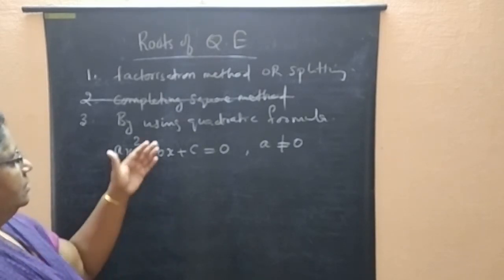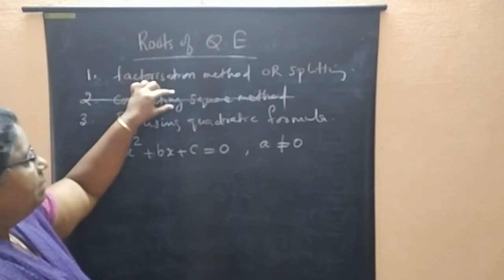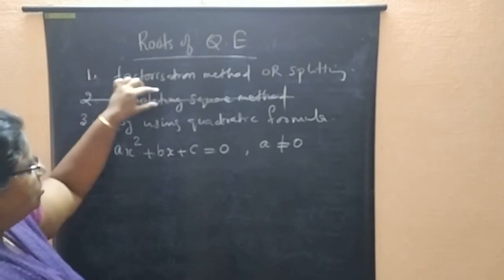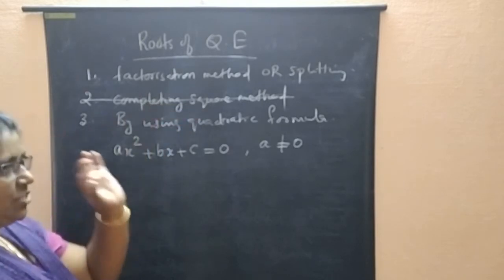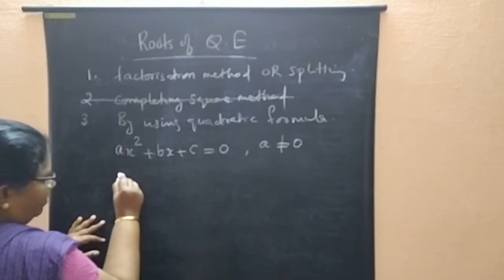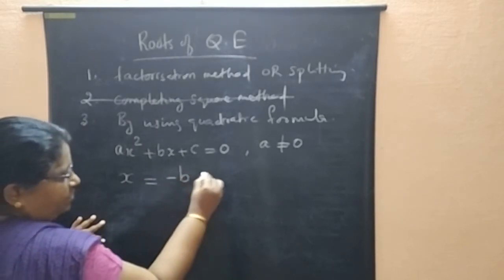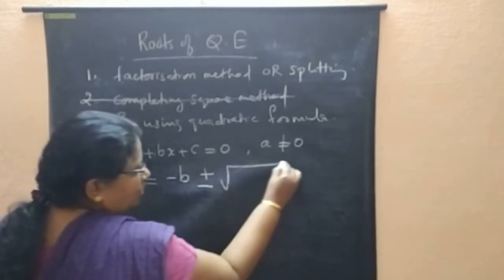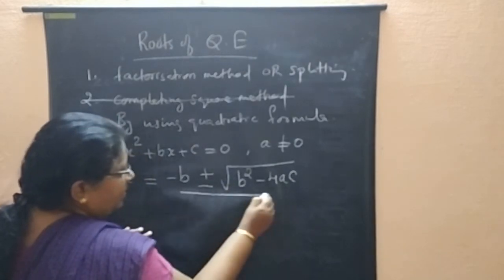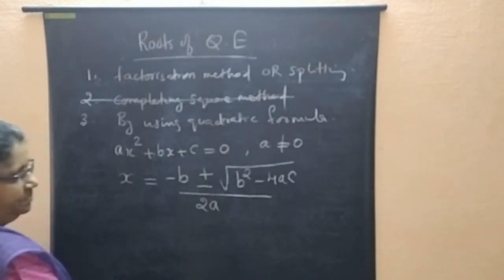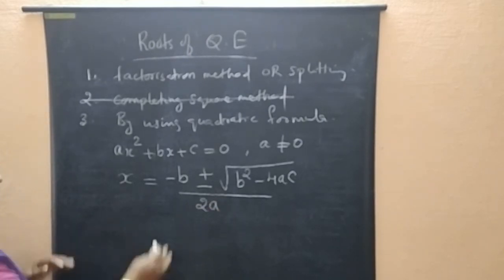Now, the quadratic formula derivation actually comes from the completing square method. Since you are not studying the completing square method, the derivation also has no need of study. Just learn by heart the quadratic formula: x is equal to minus b plus or minus root of b square minus 4ac divided by 2a. This is called the quadratic formula, or another name is